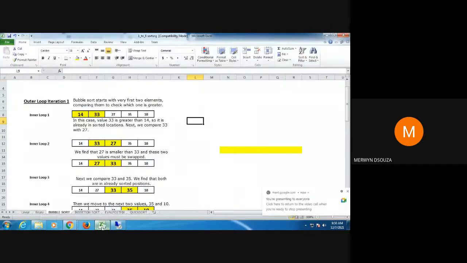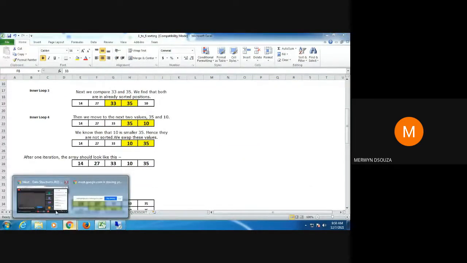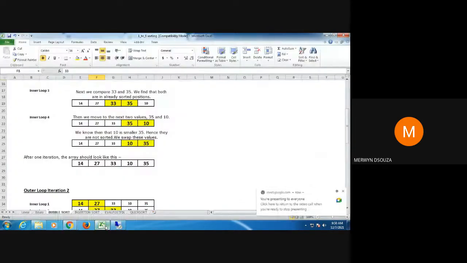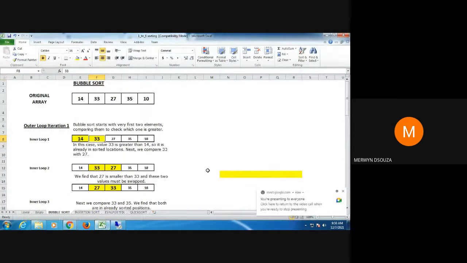So now what we are doing, we are checking whether the first number is greater than the second number. If that is the case, then we are swapping. So there we have to just change the condition. Change the condition and you will be able to get it in descending order. Just the if condition that is there, that you need to change.